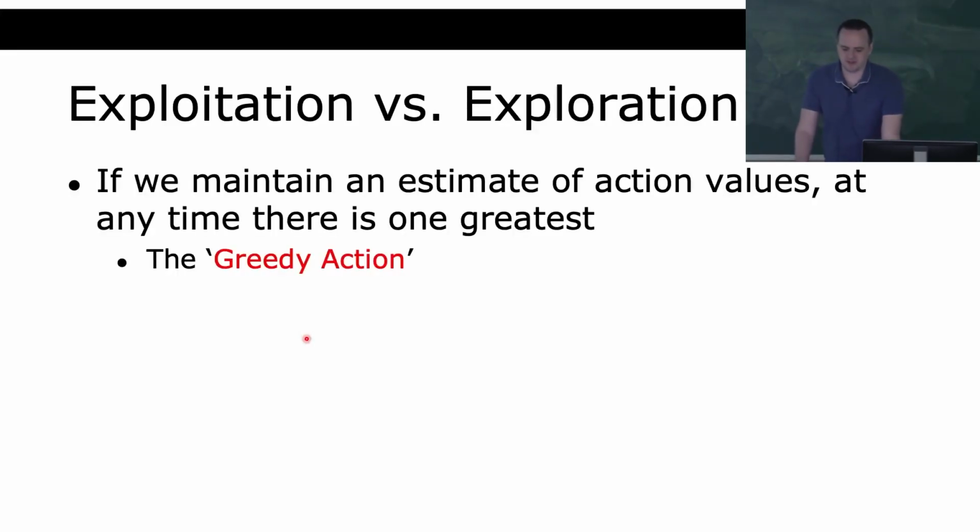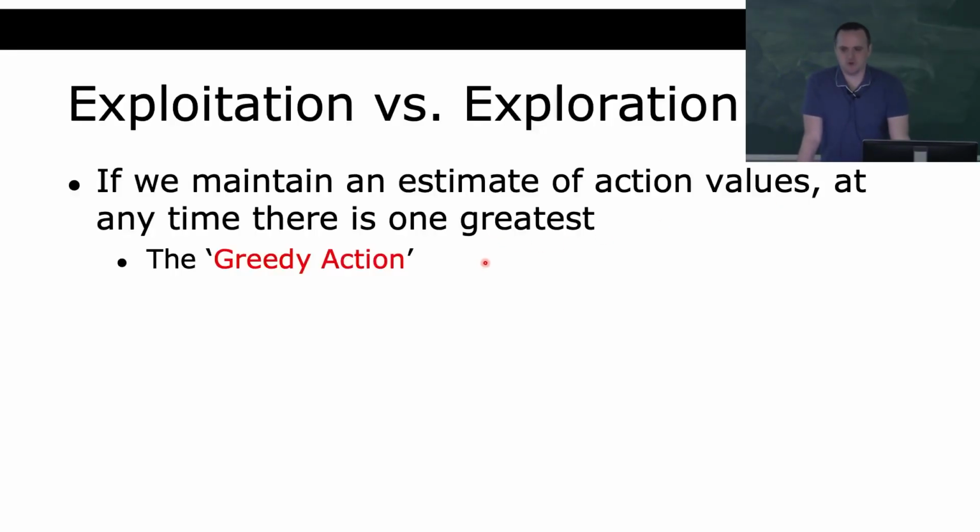So if we maintain an estimate of action values, at any time, one of them is going to be the highest, right? Or we may have multiple highest, it might be a tie, but at some point I've got some values, I've got some guess. Okay, this slot machine is giving me 40 cents every time I pull it, this slot machine is giving me $2, I'm losing $100 with this one, so I've got some guesses over some number of actions